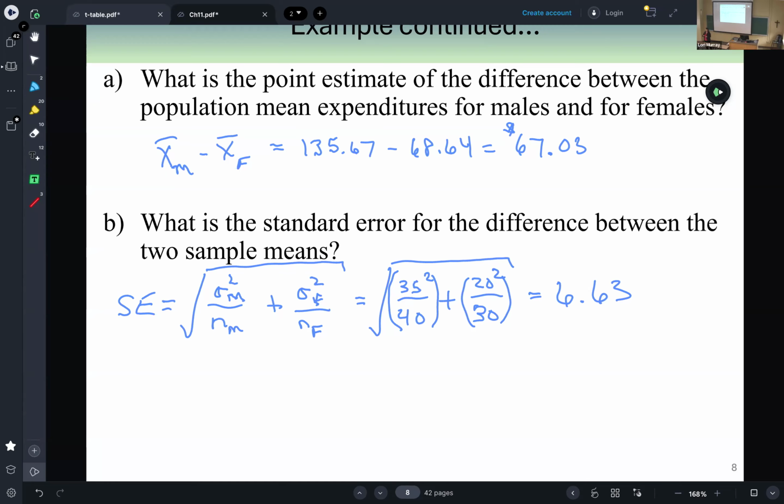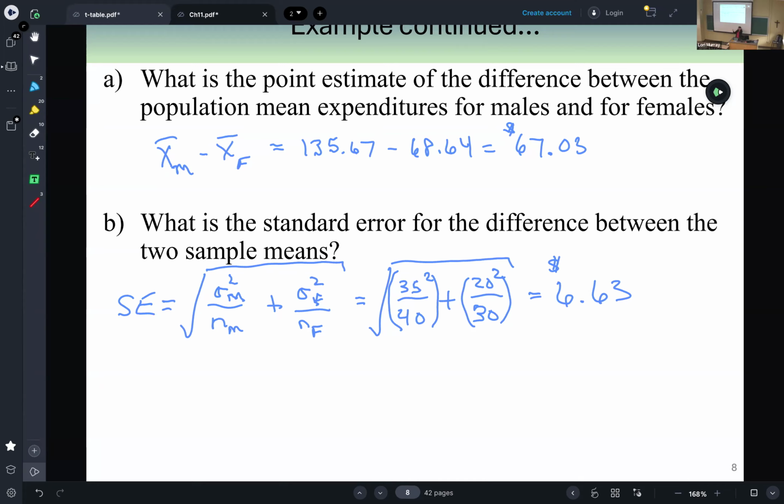You will, though, lose marks if you are cutting it off and only doing 1 decimal and then you get to the final. You could have so much rounding error that you could end up with a different conclusion. So it's really important to carry as many decimals as you can. You want to be that Excel sheet with your calculator. Okay. So that's what I got,